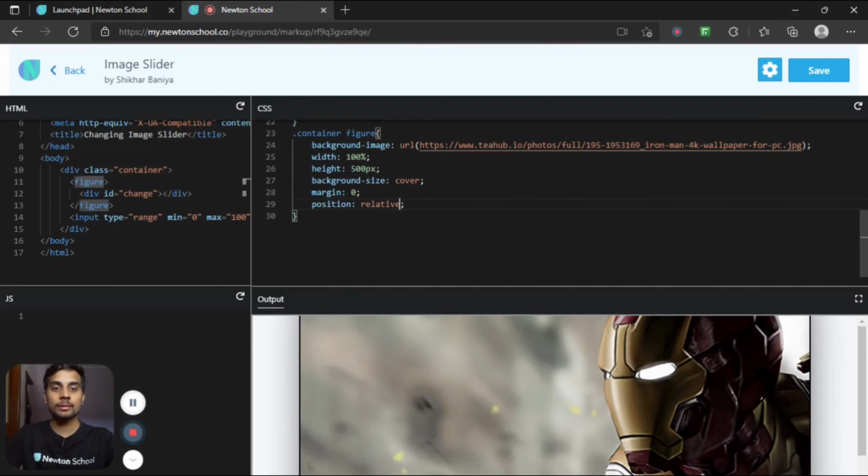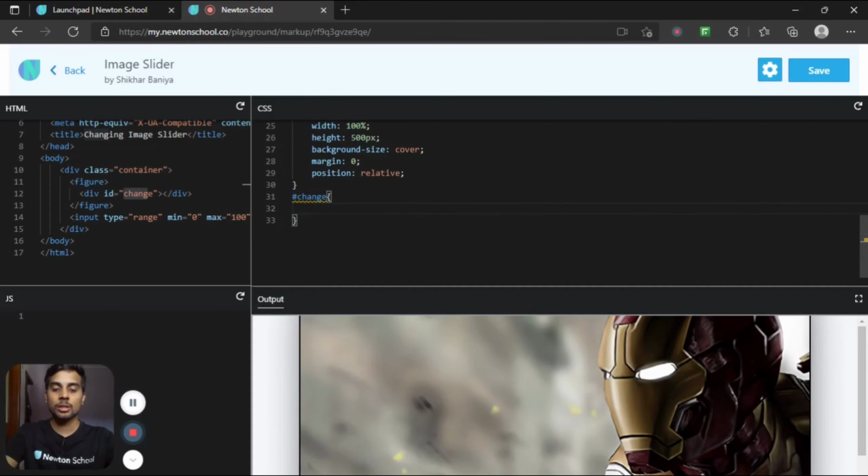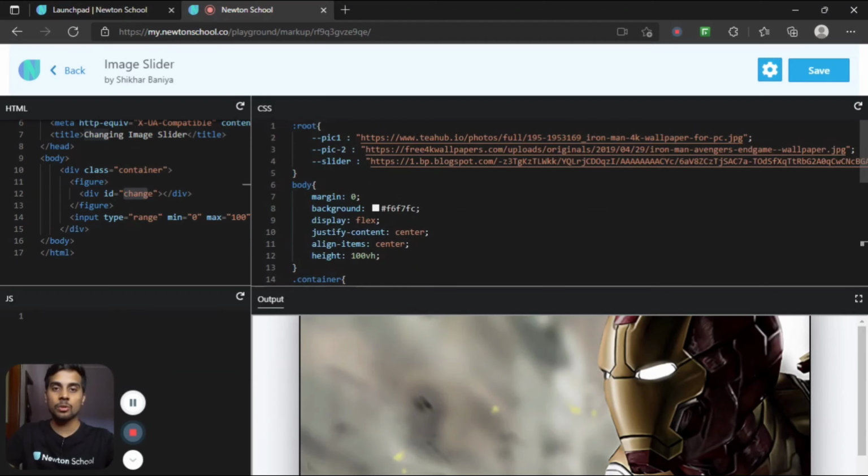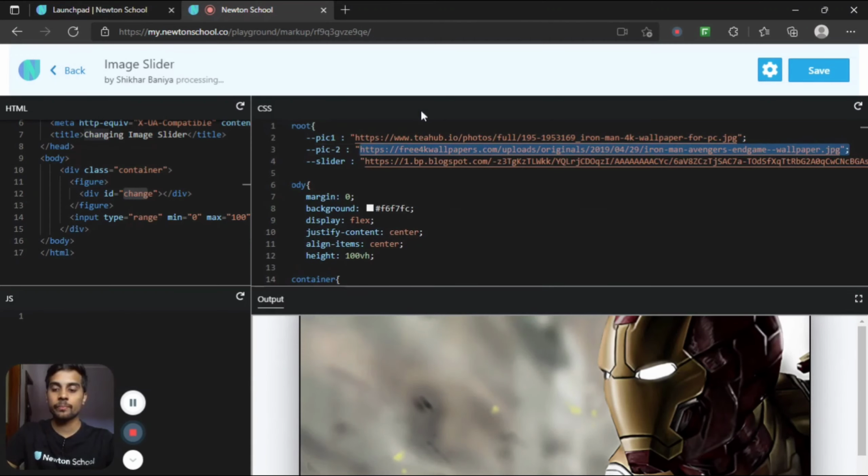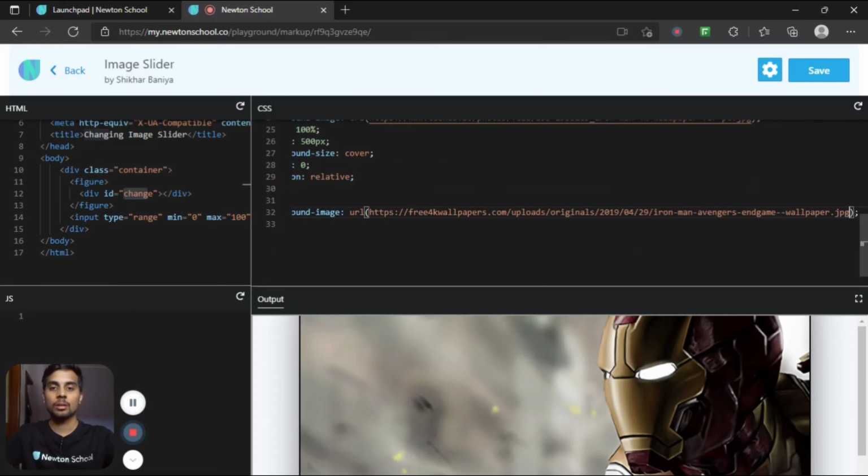Now let's add the second image, which will be inside this ID change. So hash change, since it is an ID, we have to select an ID using hash. Let's add background image URL, and let's copy this, paste it here.